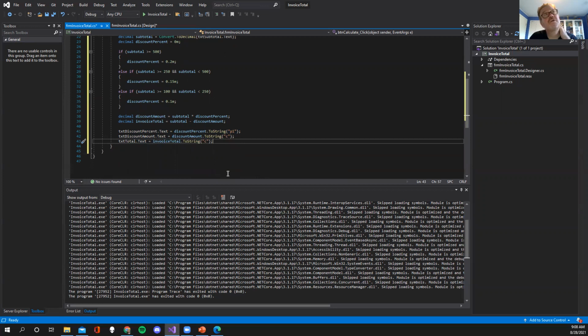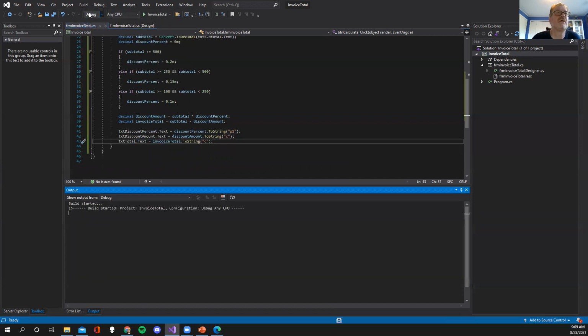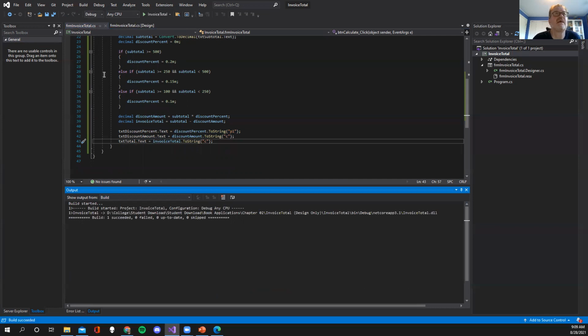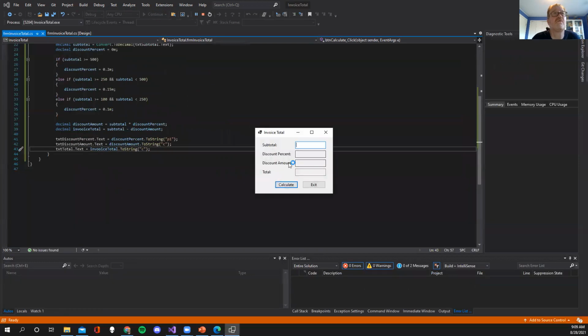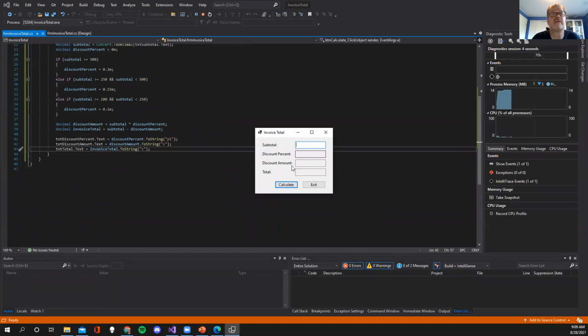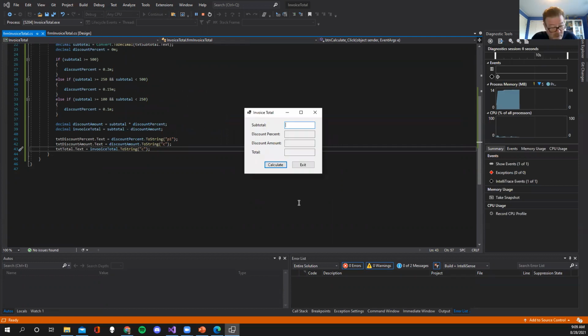I know there's more code to this, but let's run it now anyway and see this thing work. And remember what I said before, probably a good strategy is to build first. So you build it, see what's happening. Okay, you build clean. I love that. So now if I run it, up it goes. That is the program. Okay, so let's give it, if it's greater than 500, let's give it a 600,